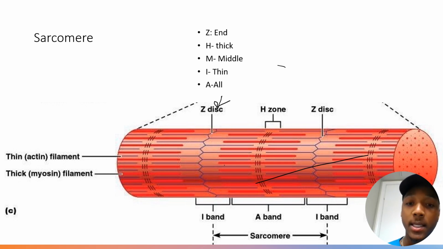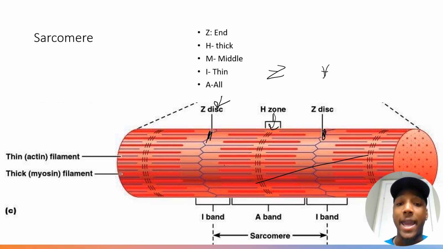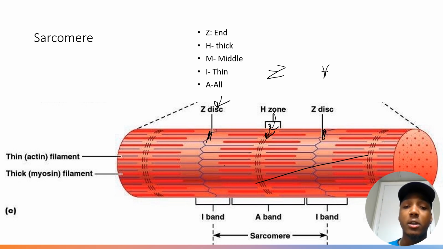So the letter Z is at the end of the alphabet. So the Z disk can also represent that this here and this here is the end of each sarcomere. And for the H zone, the letter H is thicker, it's on the thicker side. So H for thick. In the H zone here, they're composed of the thick filaments, which is also known as